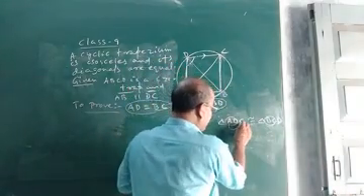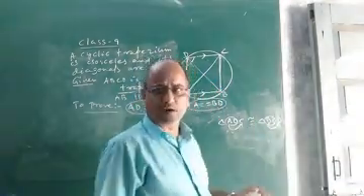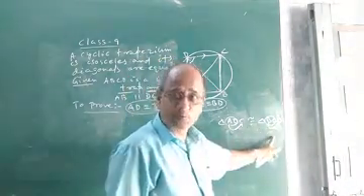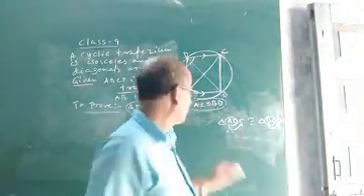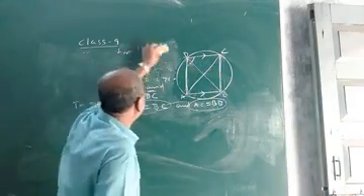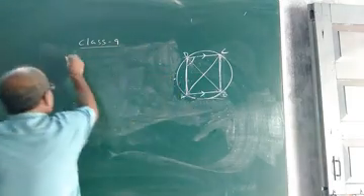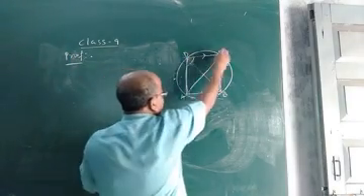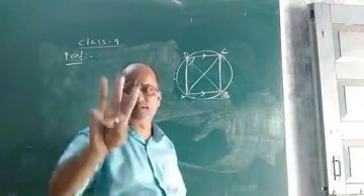And also look at AC and BD. They form another pair of corresponding sides of the two triangles, and they will also be equal by CPCT if these two triangles can be proved congruent. Now the point is, how can we show these two triangles congruent? Let me discuss the proof in detail. Let us discuss the proof of this property of cyclic quadrilaterals. See children, in order to prove triangle ADC and triangle BCD congruent, we require three matching parts.